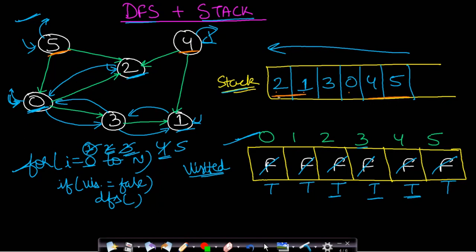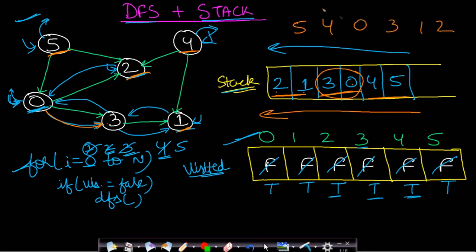Now 1 and 2 have out-degree equal to 0 and therefore they come in the last part. And 0 and 3 will be in the middle part, and this arrangement cannot be changed because from 0 there is an outgoing edge to node 3. So 0 must occur before node 3, and you can see that in the reverse order 0 occurs before node 3. So your final topological sorting order is 5, 4, 0, 3, 1, 2, and this can be found by just popping the elements of this stack.